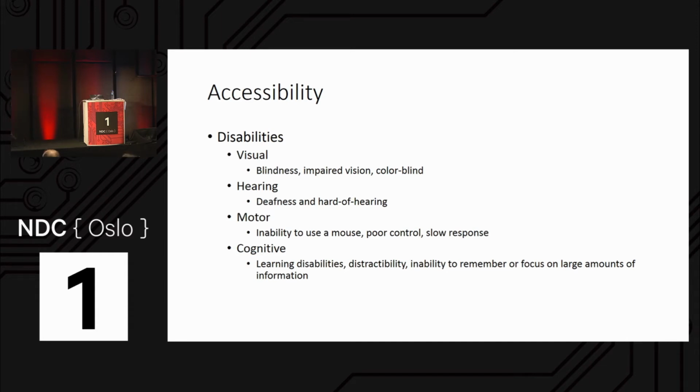I can say one small thing about people with poor motor control, or drunks, as we call it. Some of the things that we can do to make life easier is to actually increase the size of touch targets and things like that. And that actually helps normal users as well. So that's one thing to keep in mind. And then we have cognitive disabilities, learning disabilities, and focusing problems, and so on, and being drunk, of course.